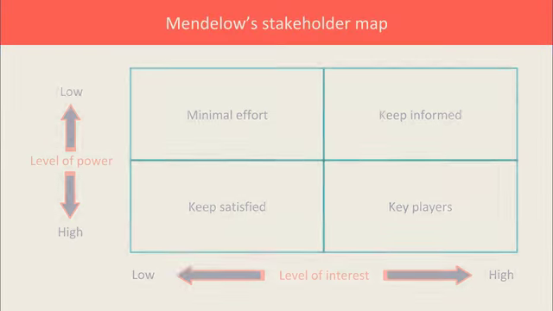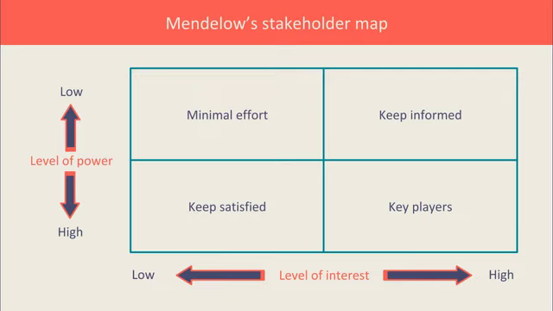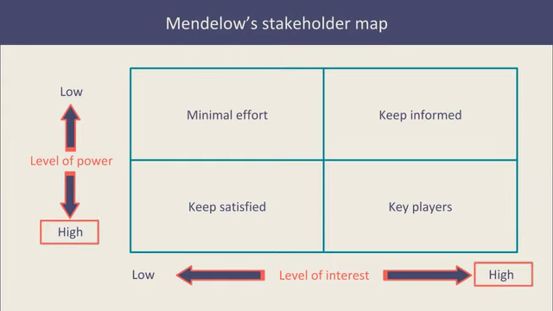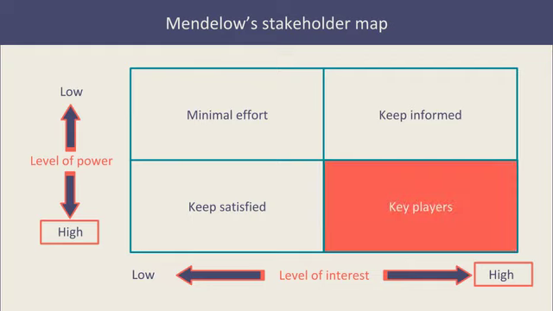One key model from your earlier studies to help us do this is Mendelow's stakeholder map. This is useful to help us prioritise our stakeholders when making a big decision and/or setting the objectives or strategic direction of the business. Mendelow uses power and interest to prioritise the stakeholder groups. Those with high power and high interest should be given top priority. We should consult with these key players when setting organisational objectives or making a key decision. For example, in an owner-managed business, the owner would have high power and high interest, making their needs and objectives a high priority.